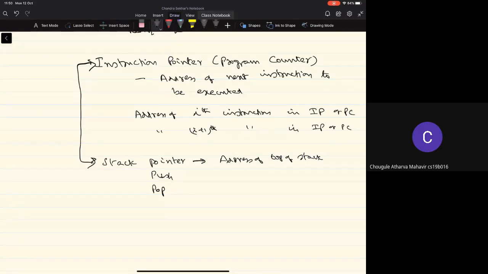Okay. So like this, there may be a few other registers which will typically be available in a central processing unit or the CPU, which will be required in order to support the execution of programs in the computer system. I just wanted to make a note of that, right? Maybe I'll stop at this point. Are there any questions?